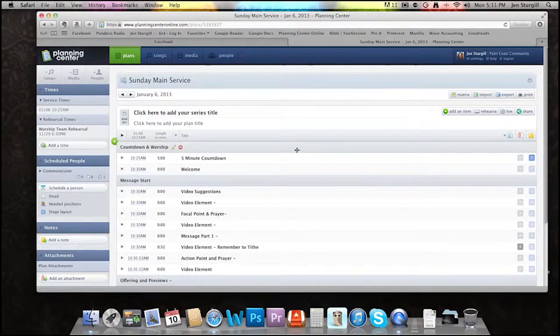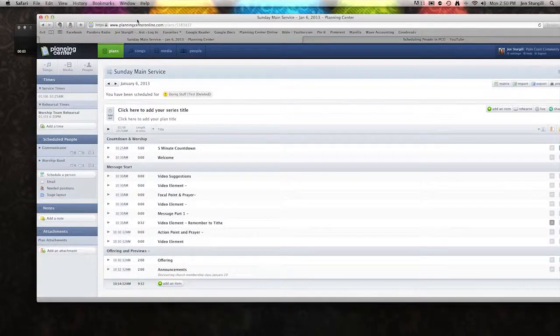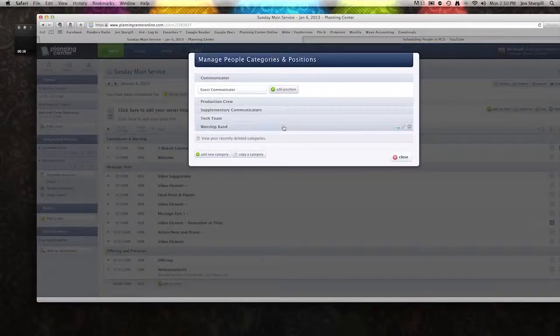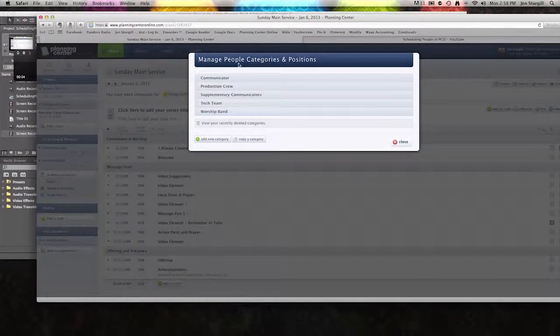But what I'm going to need to do is you're going to go right here to where it says Scheduled People, and you're going to click this little gear right next to Scheduled People. And that's going to bring up the people categories and positions. You're going to look at this menu and you're going to see if your team is already listed here under these